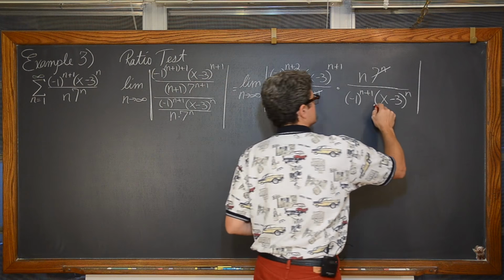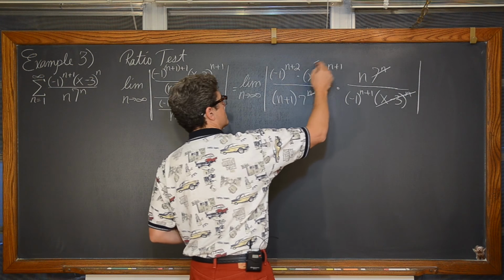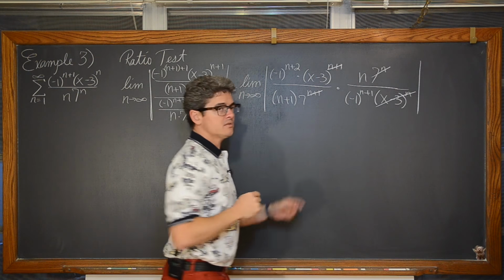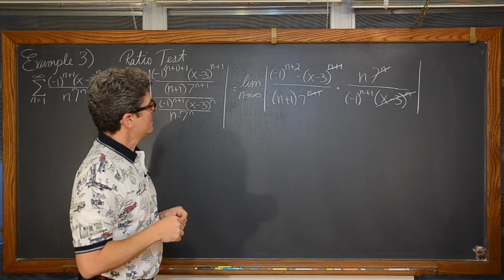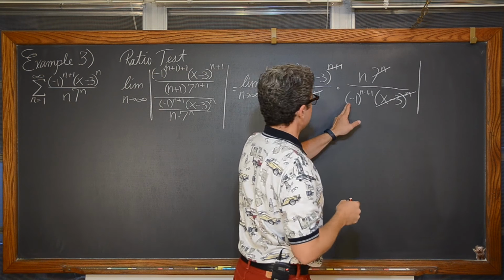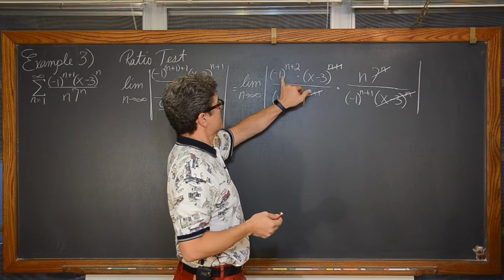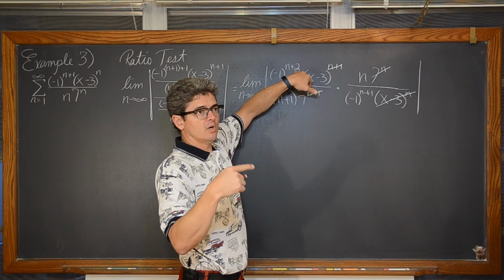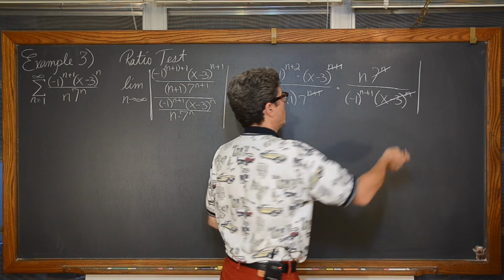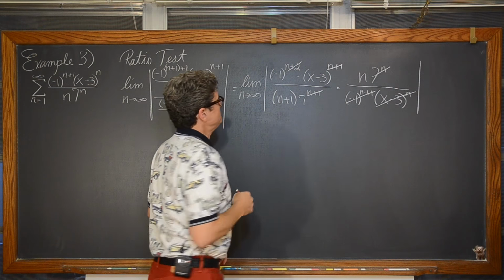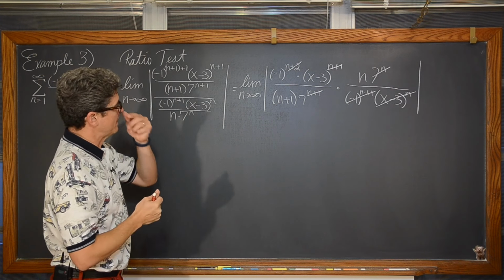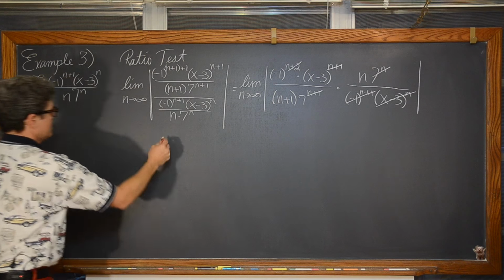We have (x - 3)^n and (x - 3)^(n+1), just one more factor in the numerator. And the same thing here, too. We have (-1)^(n+1) and (-1)^(n+2). Well, 2 is just one more than 1. Now, cleaning this up, what do we got? We have the limit